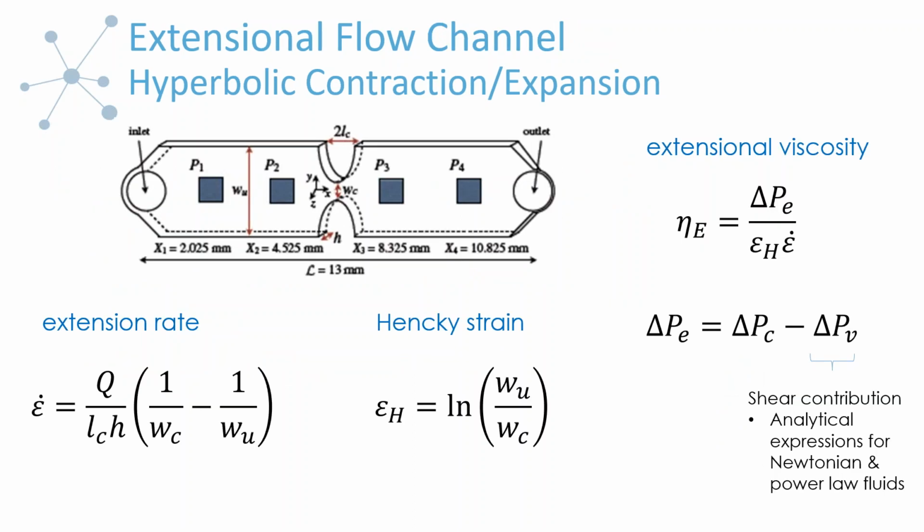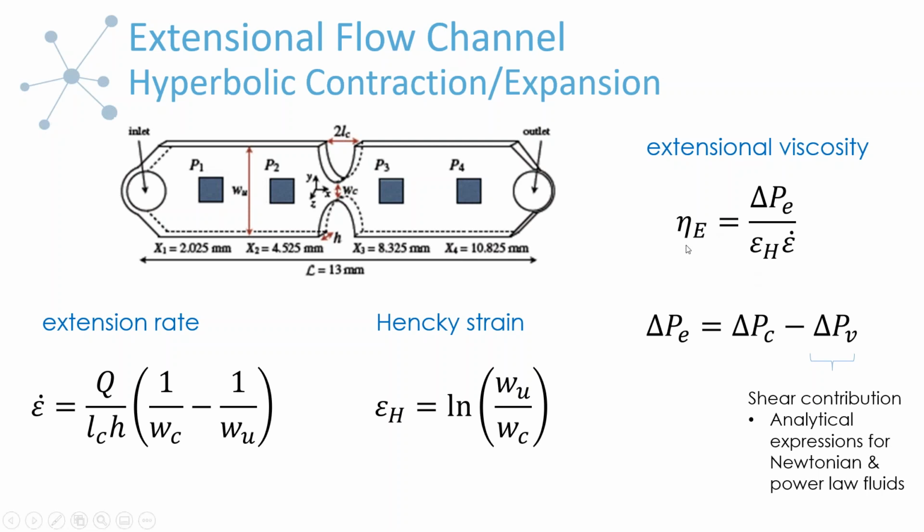I wanted to put up the equations just to show you consistency and how we calculate them, but don't focus too much on them. Let's just look at how we define the extensional rate, as I mentioned. Basically, this is just calculated specific to the type of experiment you're doing. So this is how it's calculated for our channel with the constriction. And the form of the equation is analogous to the steady shear. It just looks a bit different.